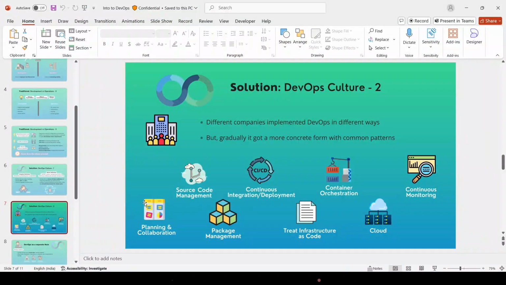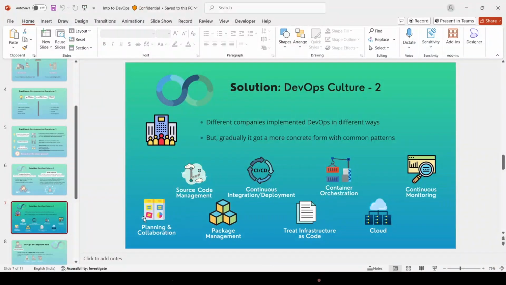So we have this planning and collaboration. As I told earlier, once the client is ready, you will create the tickets based on the plan. Here we are talking about the different tools which we use. For planning, we are using Jira. And collaboration, what is collaboration? We will be talking with the development team, the testing team, and the operations team, right?